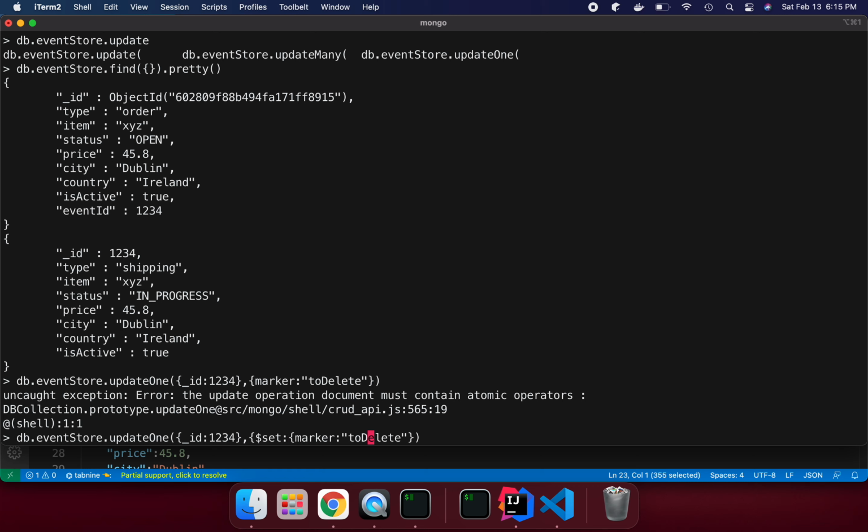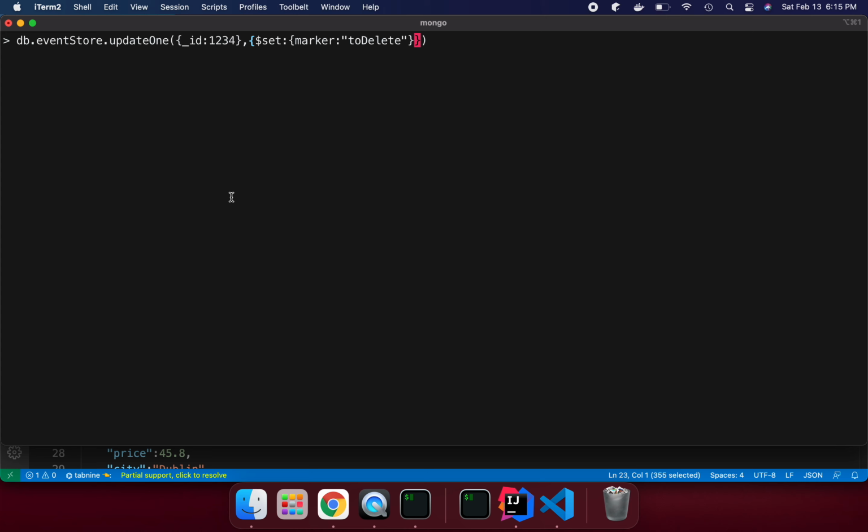So what we are trying to say here is, first find the documents. This criteria is going to match. Okay, now once you match, add this extra field, set the extra field marker. It might be that this field exists or does not exist. If it does not exist, it is going to add it. If it exists, then it is going to replace it with this value. So this is set. We always need to use set if we are updating something, otherwise it's not going to have an impact.